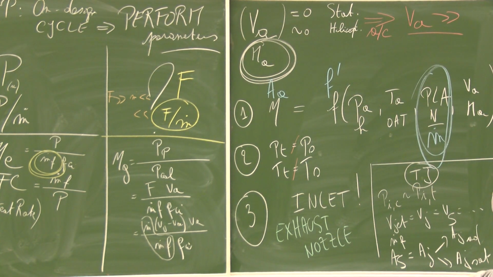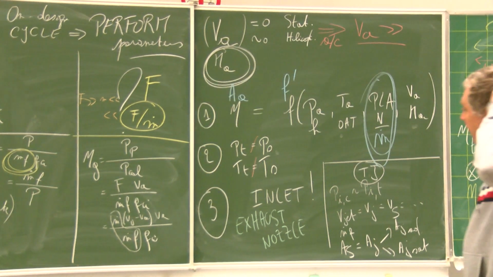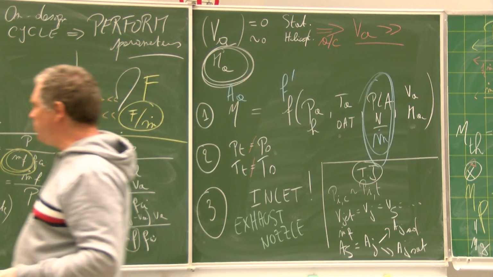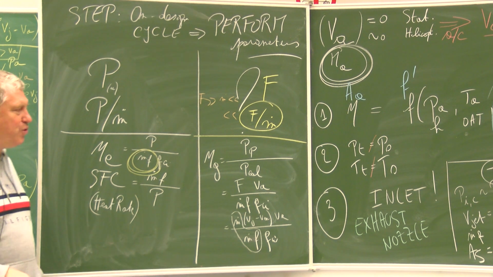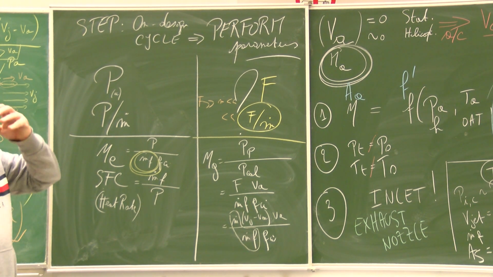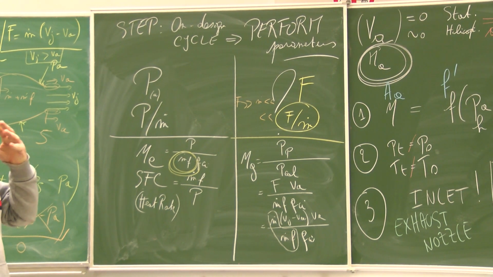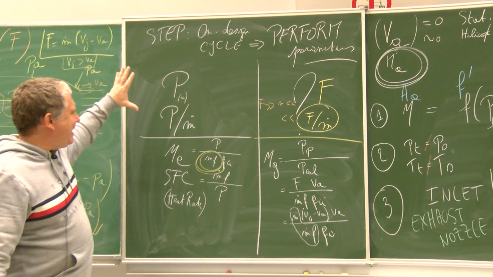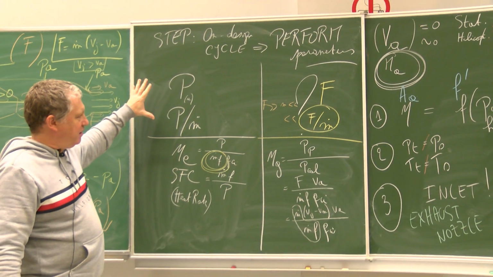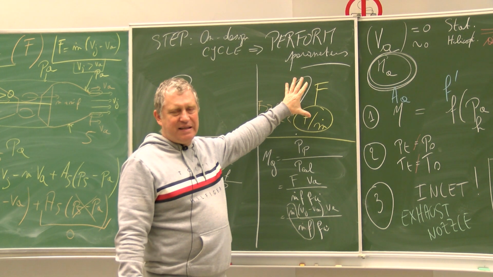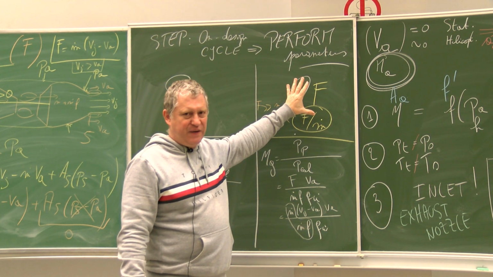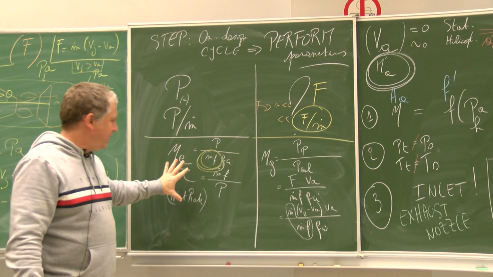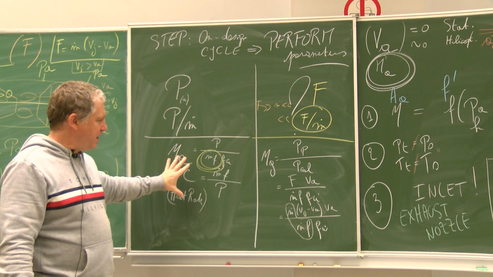And we see like this that we have in fact introduced two parameters as in the gas turbine engines. One that is the thrust, and more specifically the specific thrust, and one that is related to the fuel, but